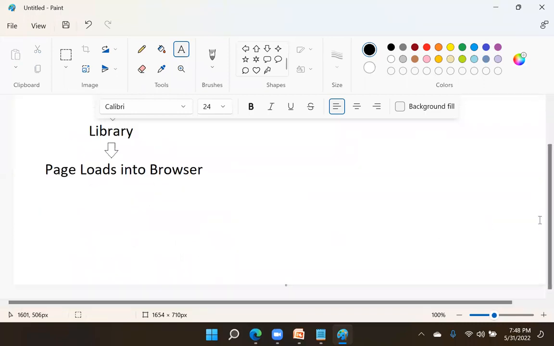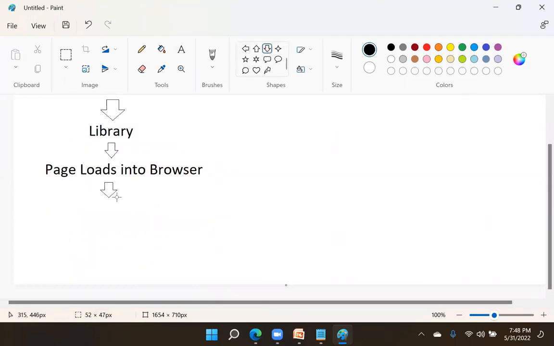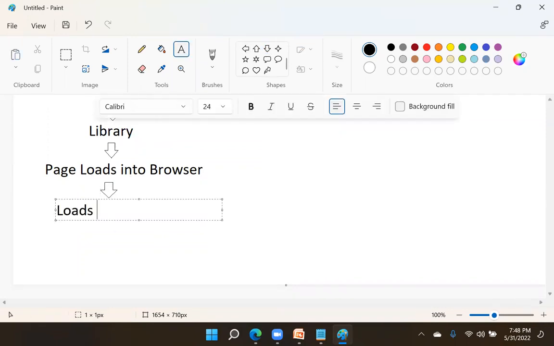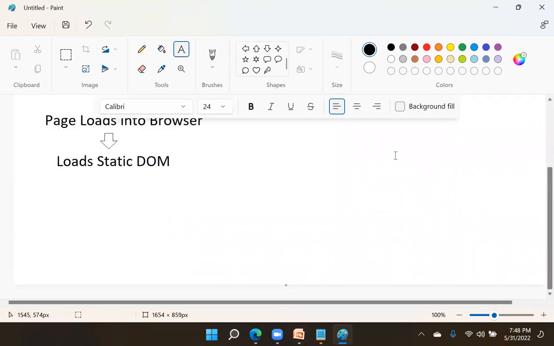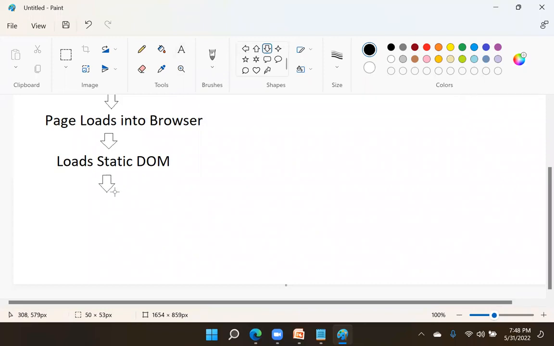After the page loads into the browser, the next step is it loads the static DOM, the document object model. If you don't have a good idea of DOM, later I will explain. In React, I will tell you what is DOM, what is virtual DOM, shadow DOM. These are very important. But every HTML person, I think, knows about DOM, the document object model.